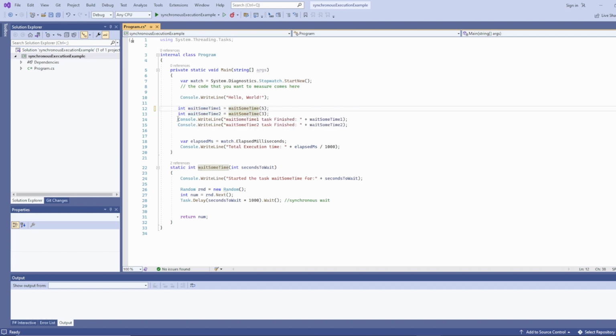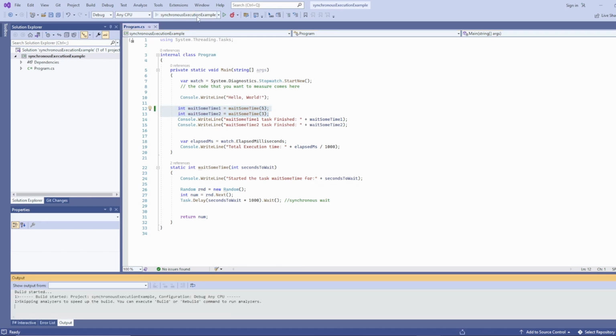Then, after it finishes, we will write these results here, and then we will measure how much time it took to finish. I'm telling you, it will take 8 seconds because those tasks will need to be executed one after each other. So then, if we execute,